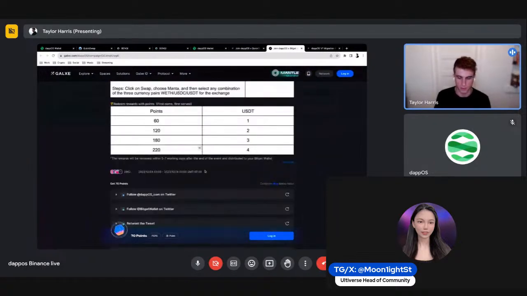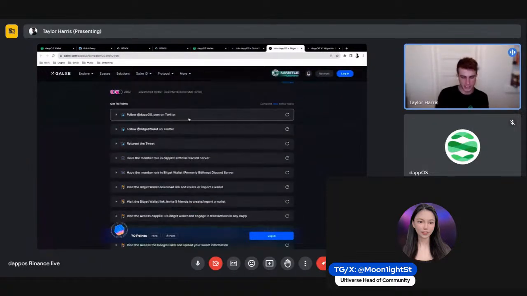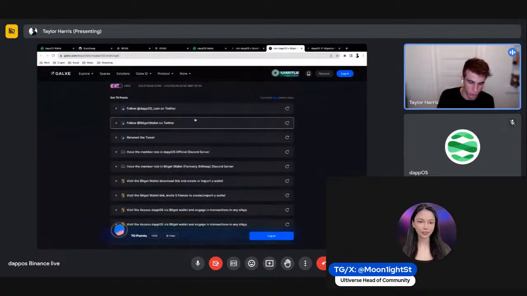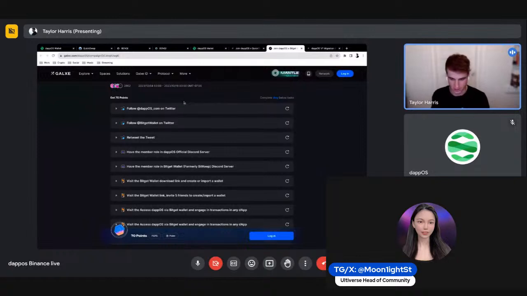So we give the users the opportunity, with step-by-step details of how exactly they can get these rewards. There are obviously different things they need to do. Some are harder than others, but best of luck. If you're going to be spending time in Web3, completing all these transactions, get something back out of it.